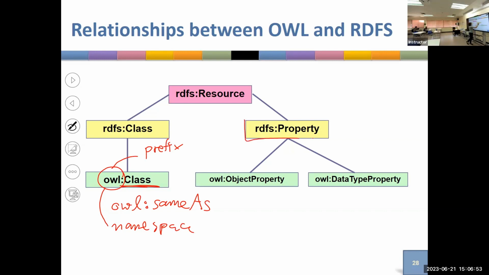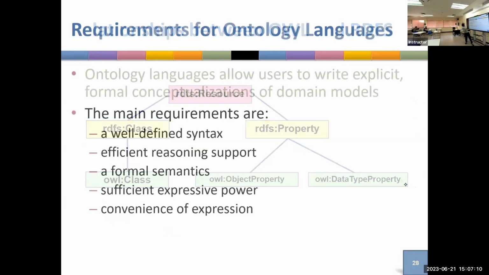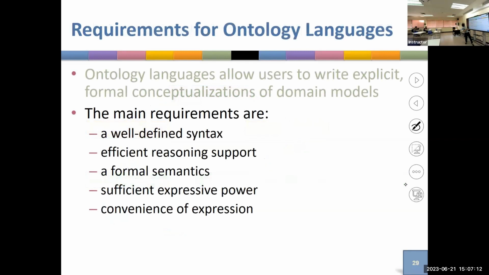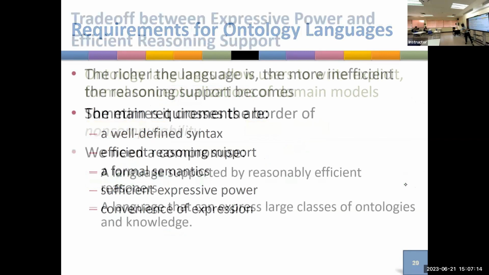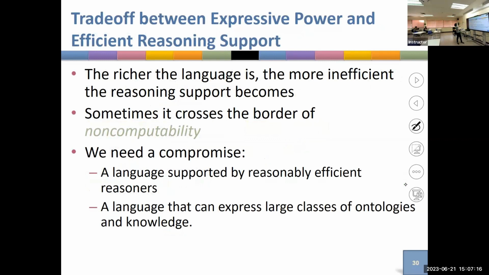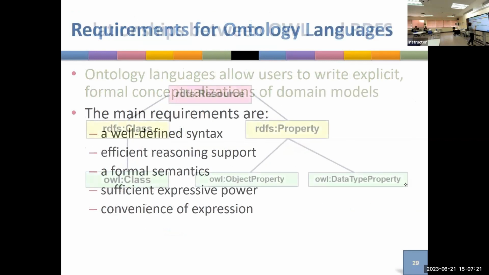In terms of property, I'll define two concepts for properties, two sub-concepts, subclasses of property. That is object property and data type property. The differences we will consider, okay? The differences, okay, I already discussed this. The difference is that